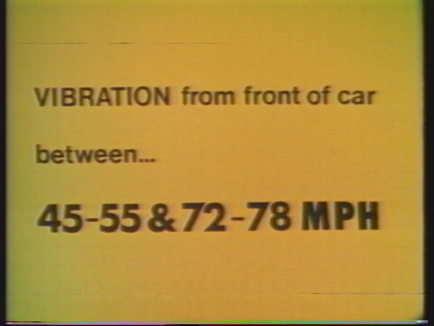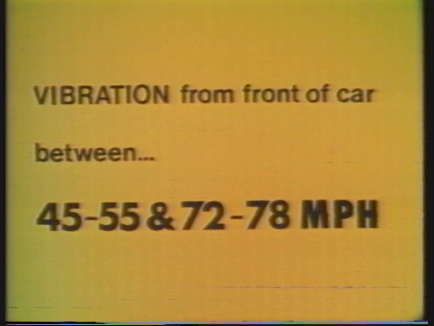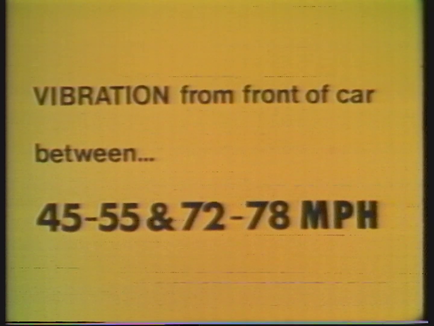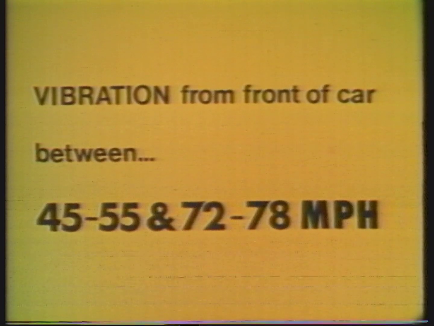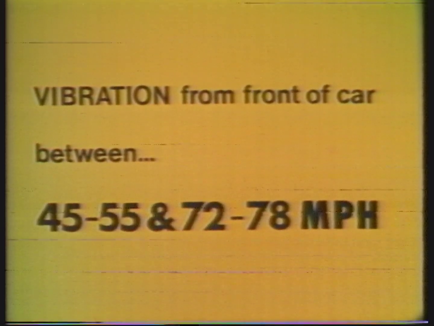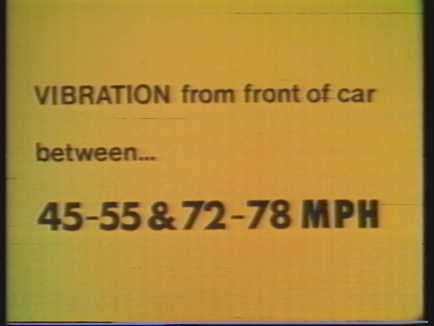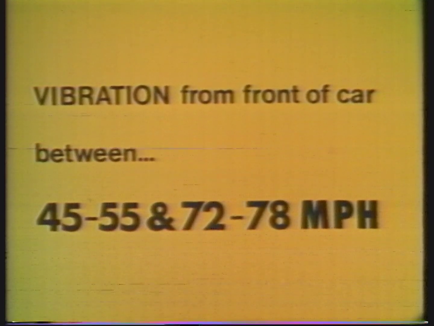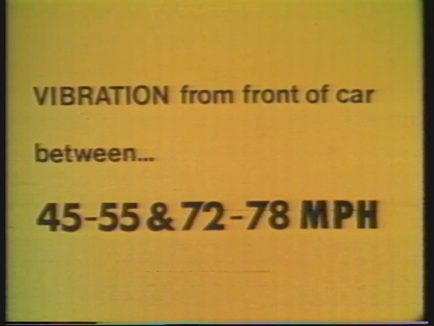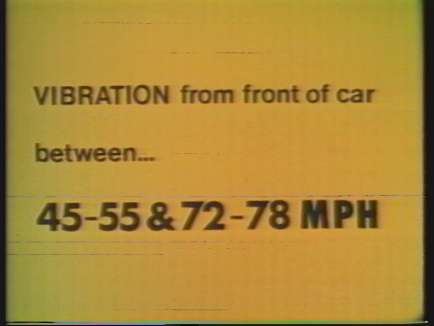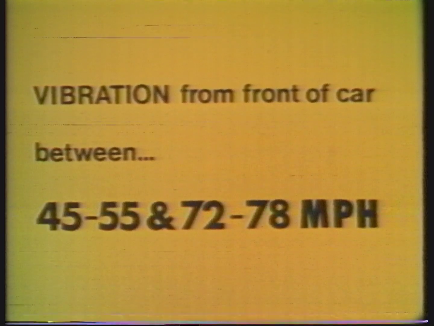The sequence of vibration shown here, which can also be felt through the steering hand wheel, starts, as you see, at about 45 miles per hour. It then fades at about 55 and reappears again at about 72, finally fading out at about 78 miles per hour. The sequence is due to kinetic or dynamic unbalance being accentuated at these road speeds by engine and front